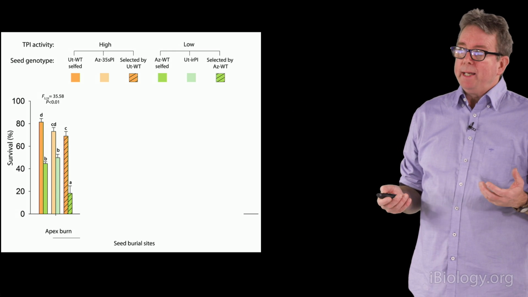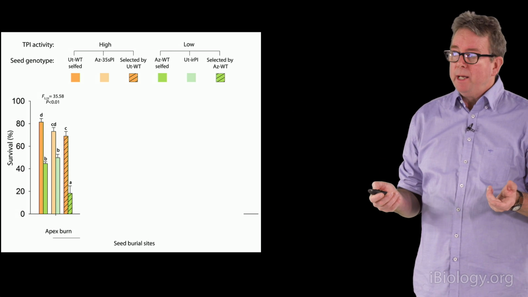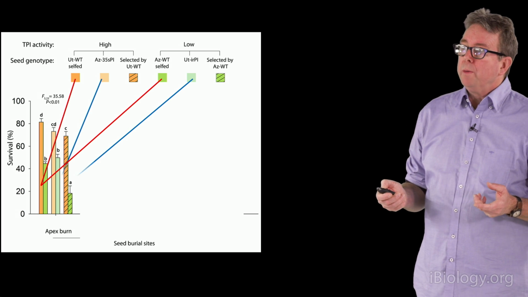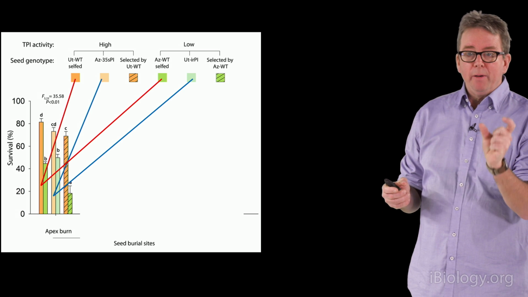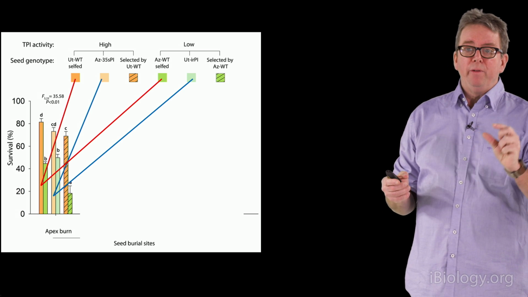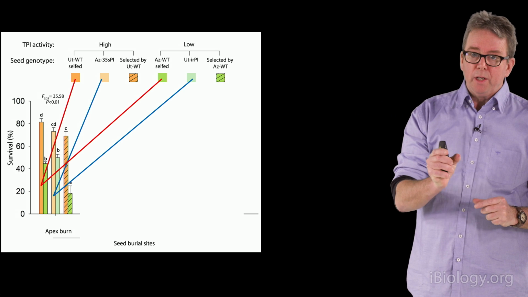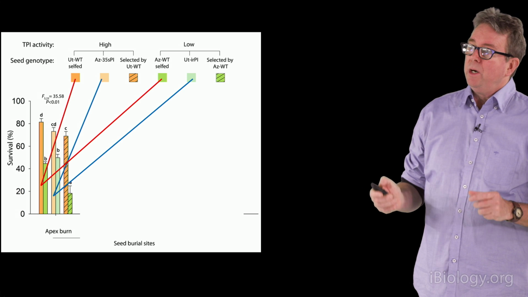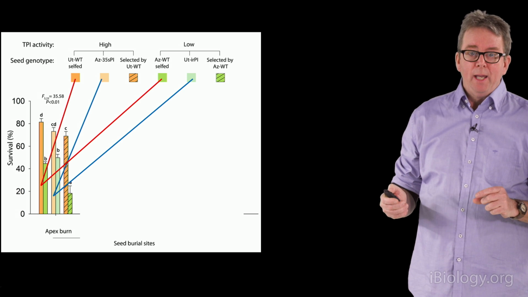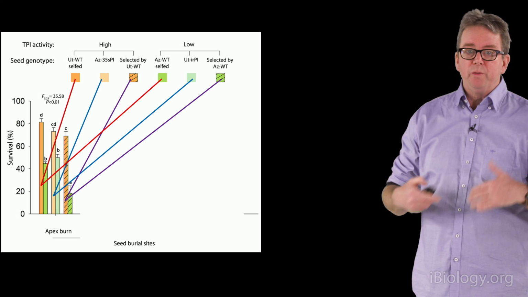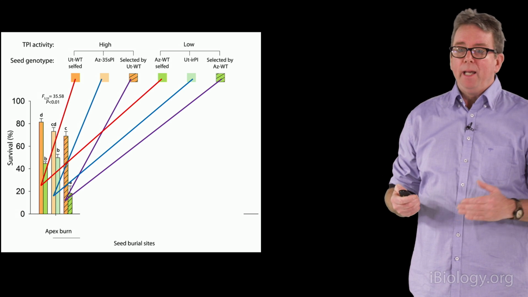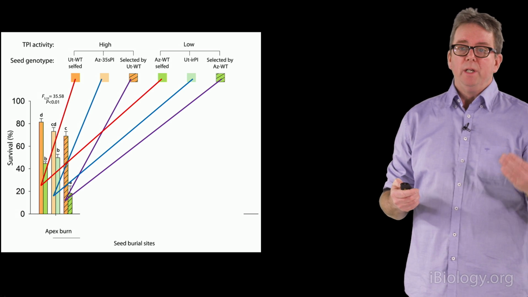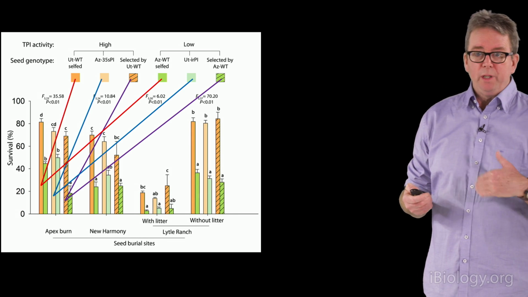What we do know is that if we manipulate protease inhibitor production, either from just the natural nonsense-mediated decay of the Utah and Arizona plants, or by transforming plants, so we take the Arizona nonsense-mediated decay gene and remove that from the Arizona plant and replace it with the Utah gene, which works, and we do the opposite where we silence the Utah gene in the genotype, we also get high and low protease inhibitor producing plants. And we take seeds from those as well as the mate-selected ones and bury them in 4 different places in Utah, and we see that every single time the plants that are producing high levels of protease inhibitor survive better in the seed bank than the ones that are producing low levels.